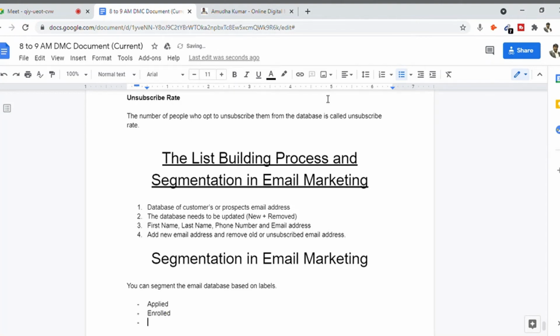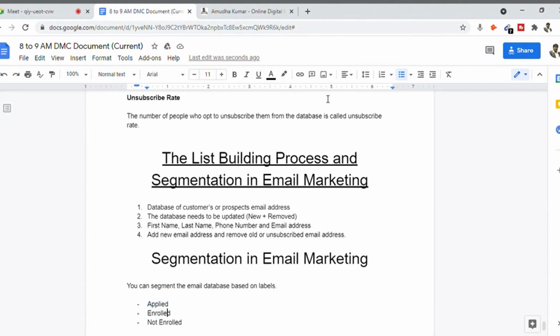People who have applied but did not enroll, that is another option. So they applied, and out of the whole applied group, let me say some 20 people enrolled for the course. Now you need a separate list of people who enrolled for the course, and a separate list of people who did not enroll. Now what you can do is send out a separate welcome email for those people who applied for the course.